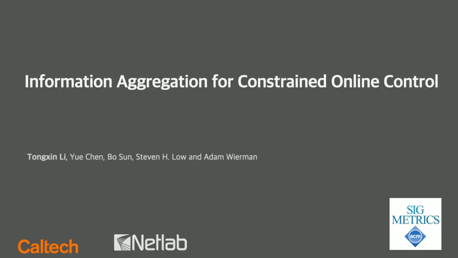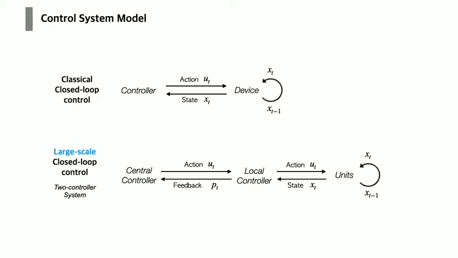I'm Tongshin Lee at Caltech, and I will be presenting our joint work on information aggregation for constraint online control. First, for a classical closed control system, there is typically one controller which receives states from the device and controls